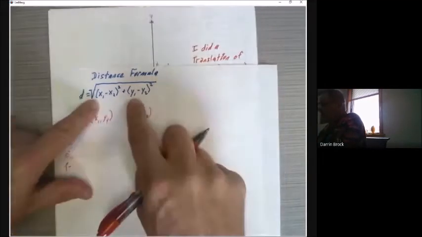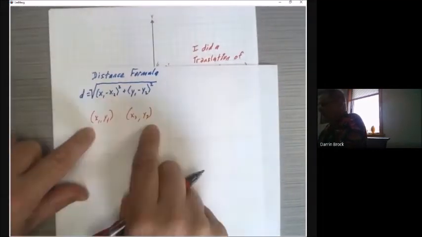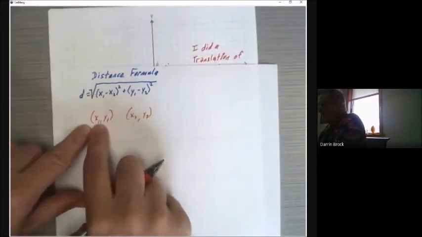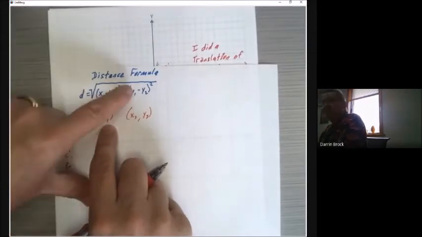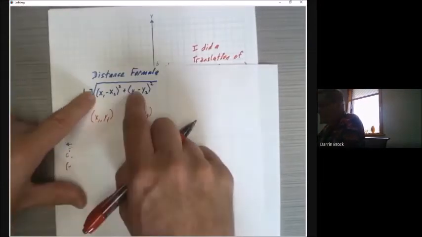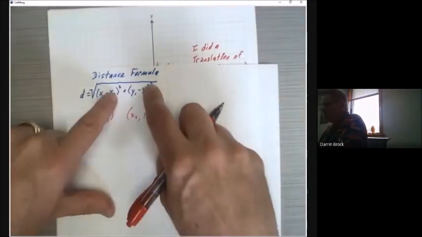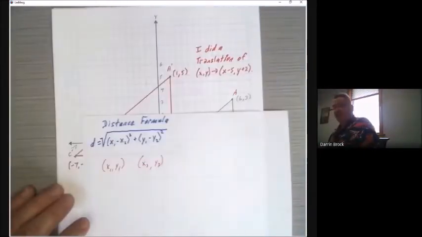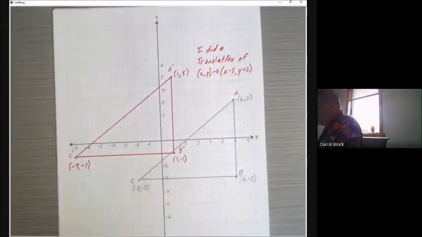Make sure if you chose from these points this one first, then that should be the first Y, right? Keep the 1s in front and the 2s behind. Make sure you're subtracting in the same order. So let's look at that on one of these. Let's do